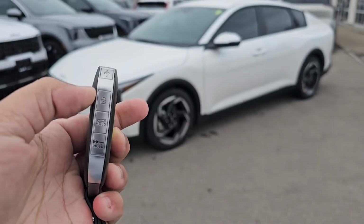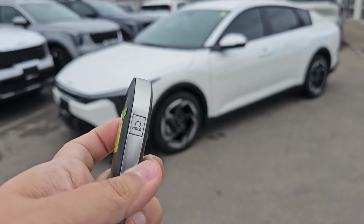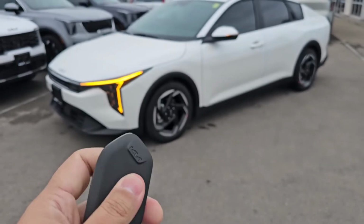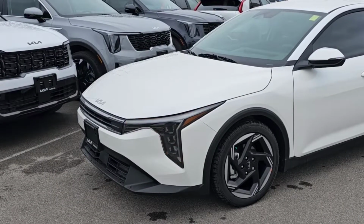And you see we've got some buttons on the front here, but on the back, this hold button, that's for the remote start. So we're going to go ahead and do the sequence to start the car. So I'm going to hit the lock button at the top. And within 4 seconds, you're going to press and hold that hold button firmly until the lights flash and the